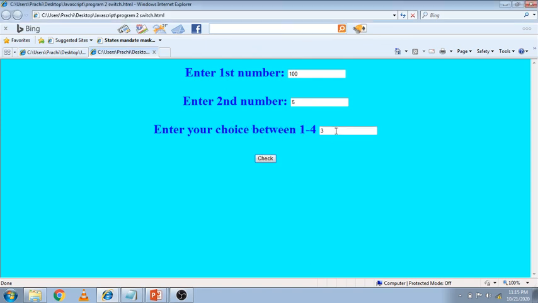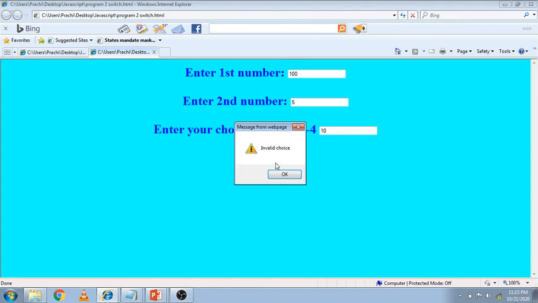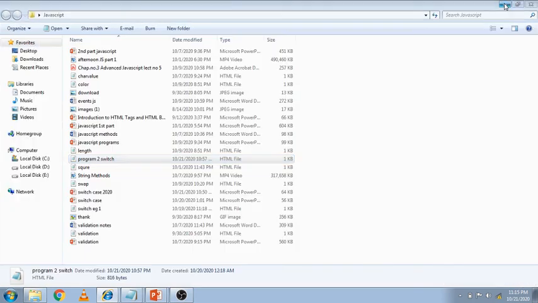Clear? Then 4. 4 is division. Answer is 20. Clear? So this is called your switch case. So this is your output. Suppose I have put 10. 10 means invalid value, invalid choice. Clear?